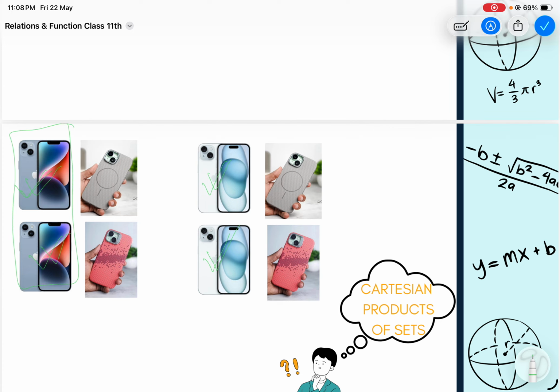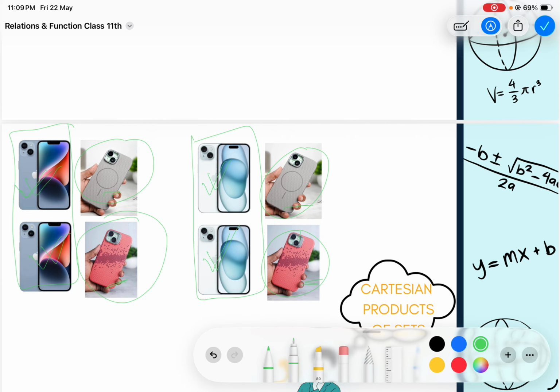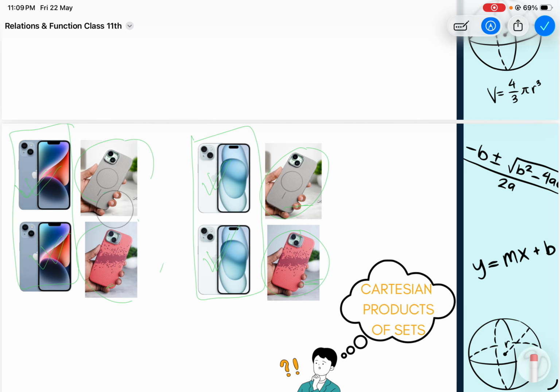So we have two iPhones, the first and the second one. And we also have two covers. Look here, this is a pink cover and this is a gray cover. If someone asks how many different styles you can make with these two phones and two covers, what I mean is,